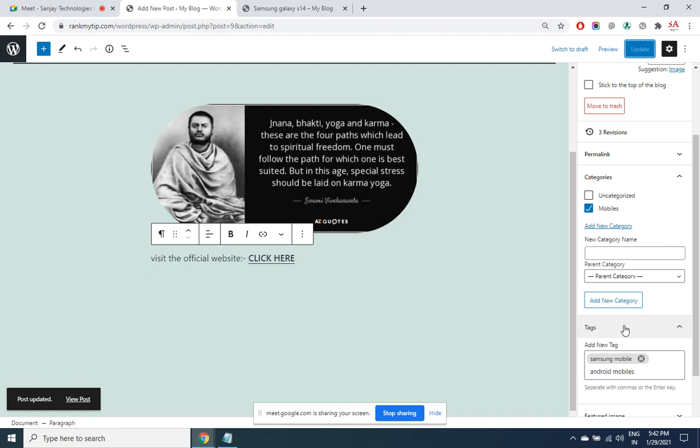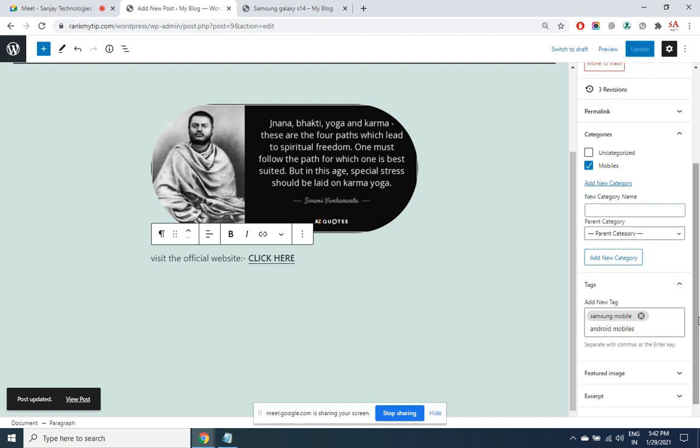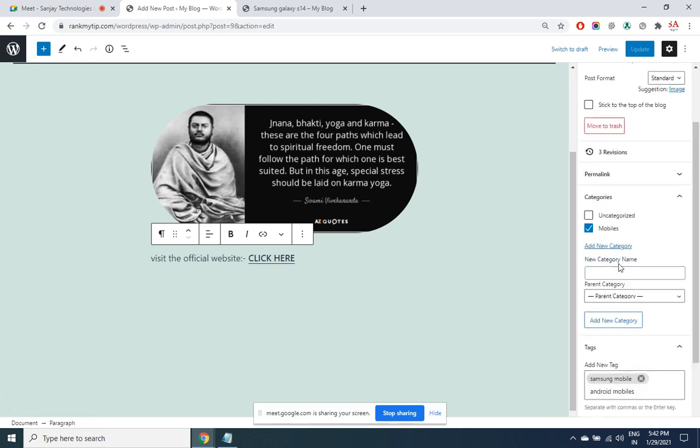These tags, we'll see what is the use of this in SEO, but for now keep in mind 1 to 5 tags per post. Here you can select the category. Other options we will come back to while we discuss SEO. For now, to maintain a blog, these options are sufficient for you.